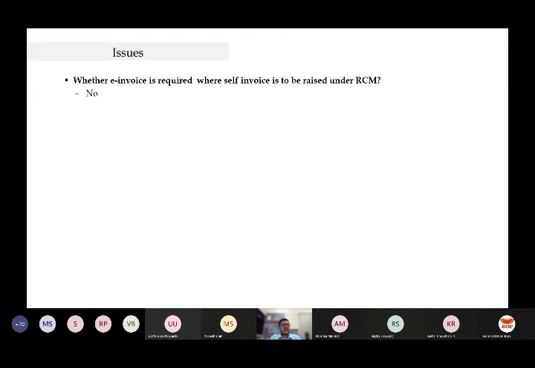Whether e-invoice is required where self-invoices are to be raised under RCM. Now there is a provision: when I receive services from a GTA or from an advocate, I am required to pay the tax under reverse charge mechanism. So in that context, when I receive such services which are liable under reverse charge mechanism, we are required to